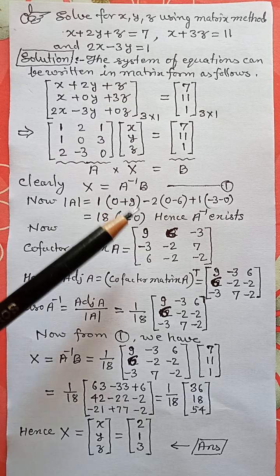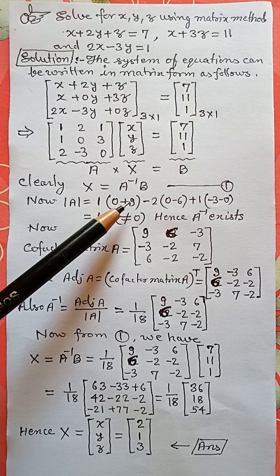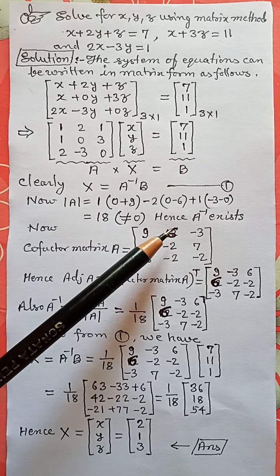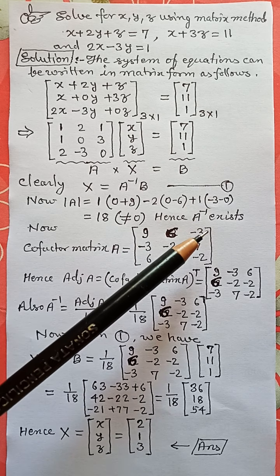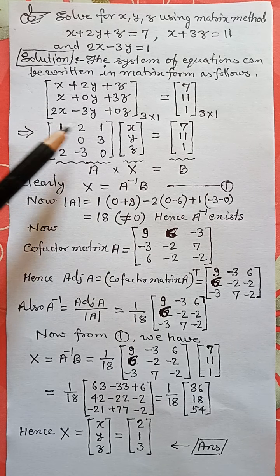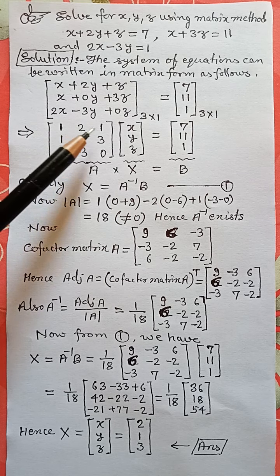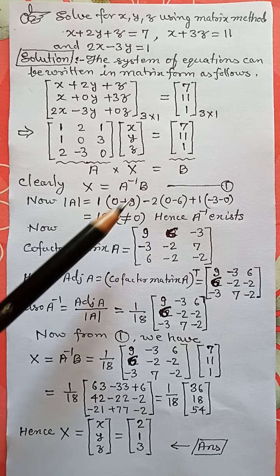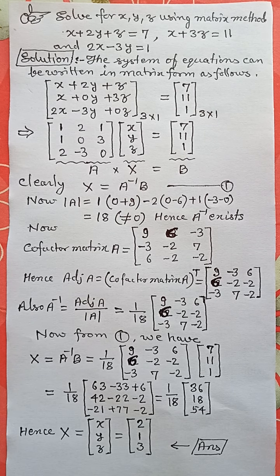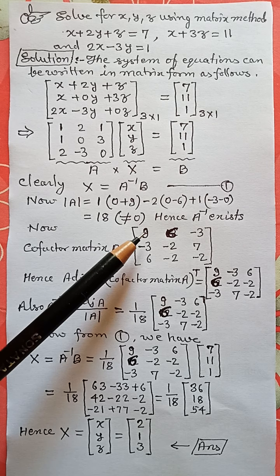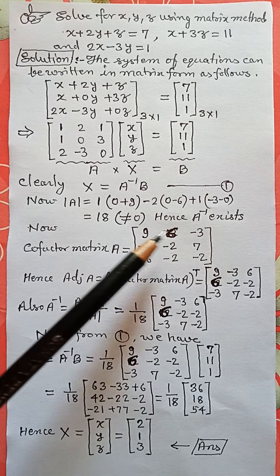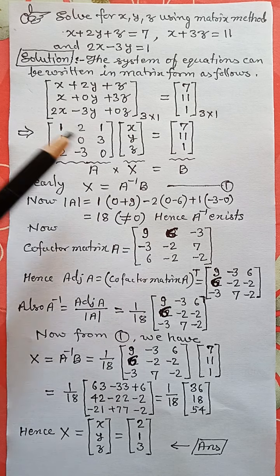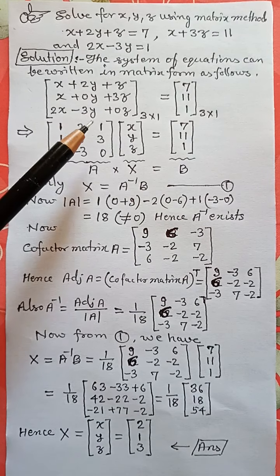So what is the minor of this? The minor of this is 9. Here, minus multiplied by minus, that is 6. Here it is minus 3. So we have written this because the elements of a row multiplied by their cofactors and added together give us the value of the determinant. So we have written here 9, 6, minus 3. 9 is the cofactor of this position, 6 is the cofactor of this position, minus 3 is the cofactor of